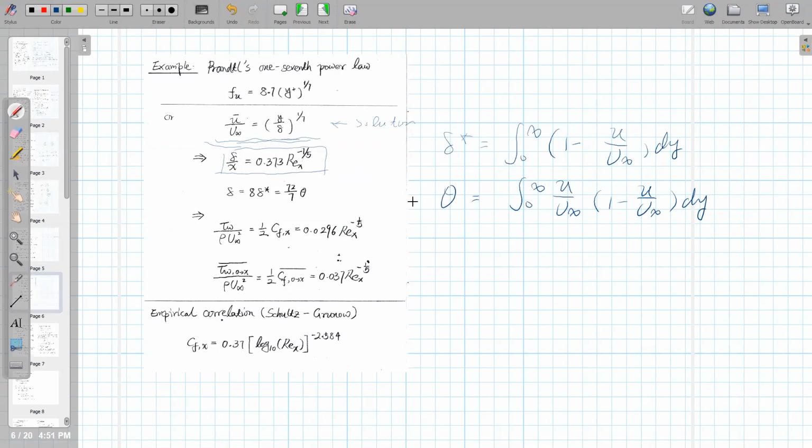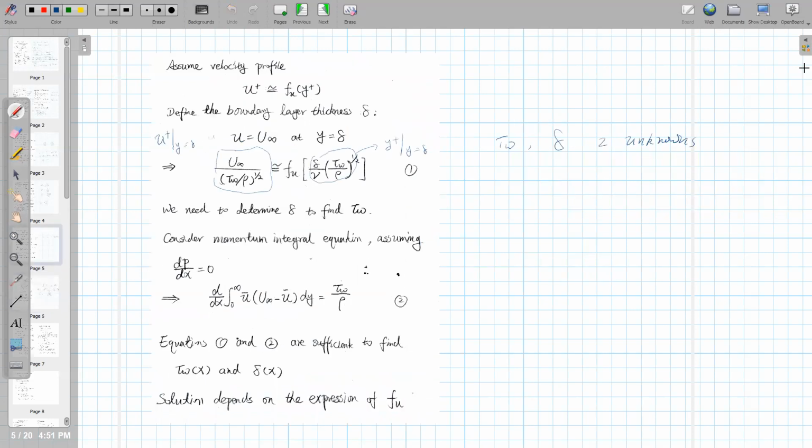So the final result will be this. This is the definition of the friction coefficient for external flow, right? We define this as tau w over 1/2 rho u squared. So that's the reason that this tau w divided by rho u infinity squared will be 1/2 of the friction coefficient, okay? And this friction coefficient will be just equal to